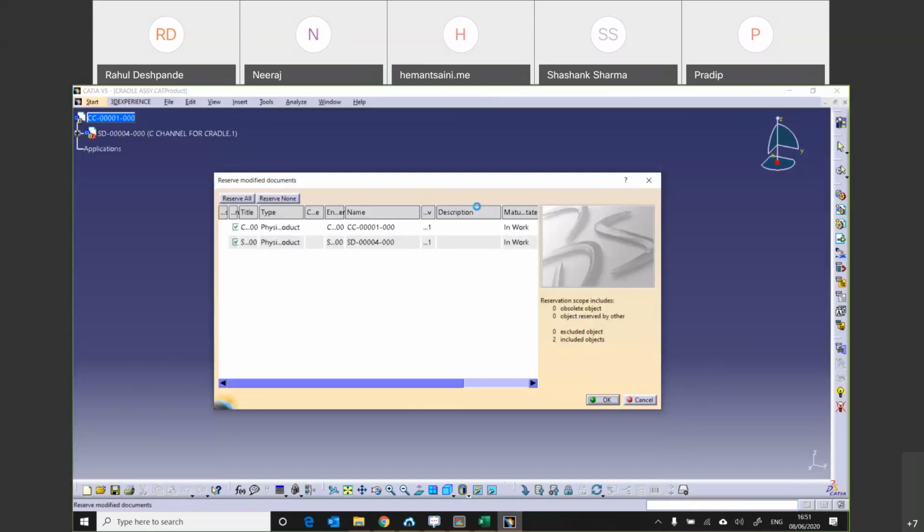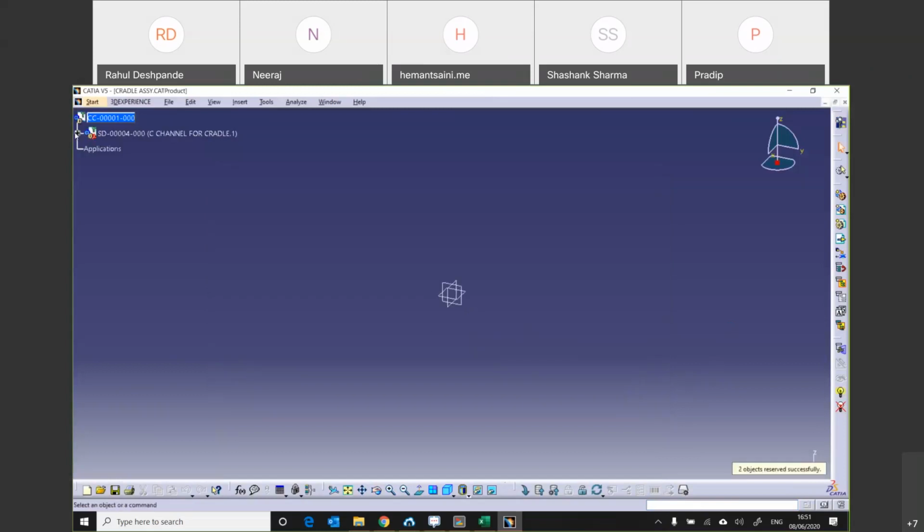I can click OK, so it will take both the documents, and I can design the way I want further. Now I'll stop today.